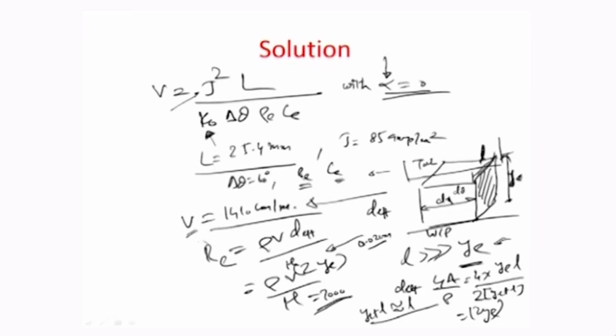Okay. So, for a velocity of 1410 centimeter per second, the Reynolds number that comes out in that small gap of 200 microns is about 7,000. So, it is a huge Reynolds number. So, now let us actually calculate the effect of viscous forces, or the first term in the pressure equation, if you may remember, and the term that we are concerned with, the pressure, was